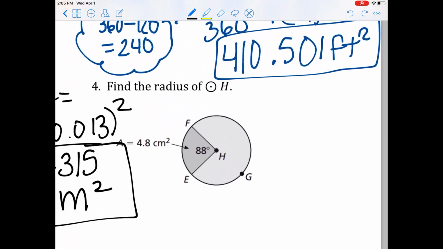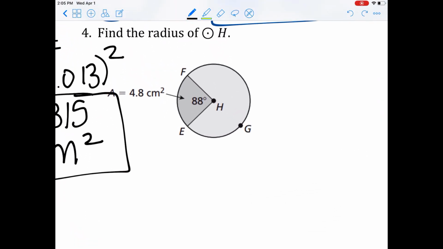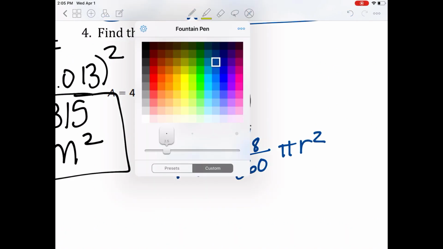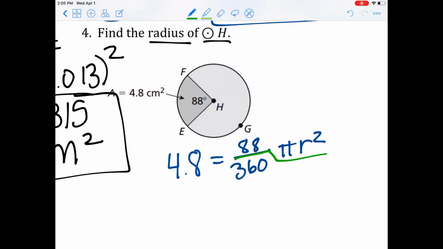Okay, on to the next, the black and white version. Looks like find the radius of H. So it looks like we're doing the same thing we did before, but we don't have to solve for the whole area. So go ahead and pause the video if you want to do it on your own. Otherwise, we're going to go through with the explanation. So we have 4.8 being the area, and then 88 being the degree over our 360 pi r squared. So again, I'm going to do my trick, and I just put all of that on the top. So now we have 4.8 is equal to 88 pi r squared